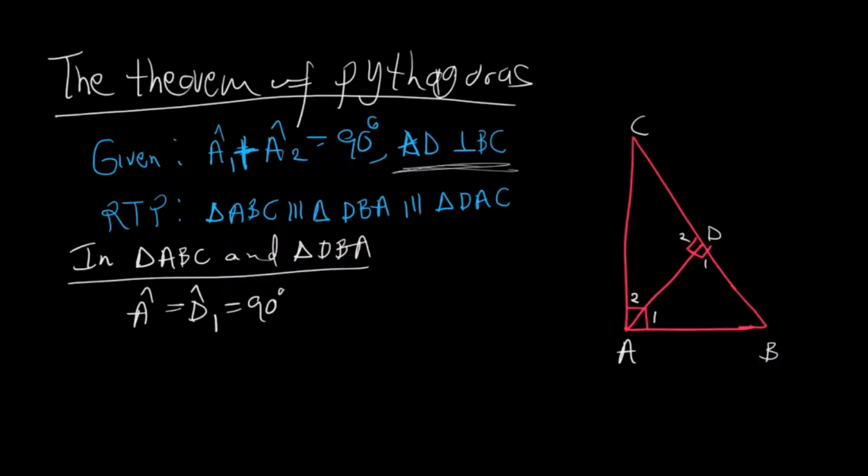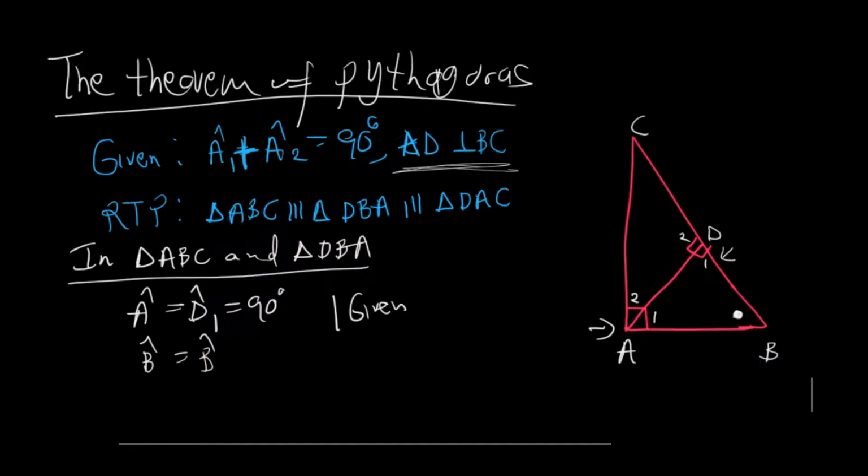So this entire angle A, this one here, is 90 degrees, which equals D1, which is 90 degrees too. You can just say "given" because it's what we were given. And then angle B equals angle B, so this one here is common to both triangles. Hence, we're going to say it's equal. So it's a common